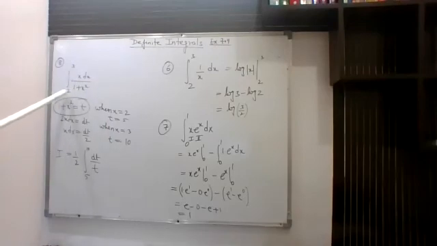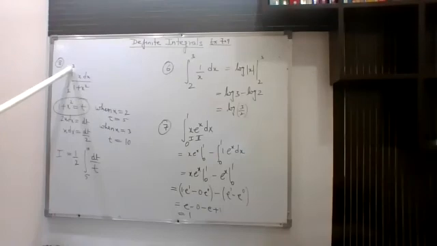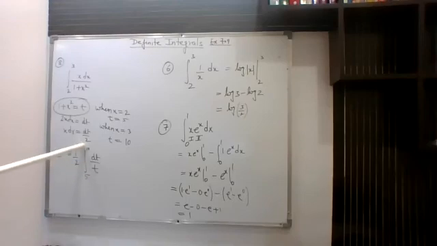So when x is 2, you will put it over here, so your corresponding value for t will become 5. Now when your x is 3, you will substitute over here. So 1 plus 9, it will become 10. So now your new corresponding limits are 5 to 10. Your lower limit is 5, your upper limit is 10.